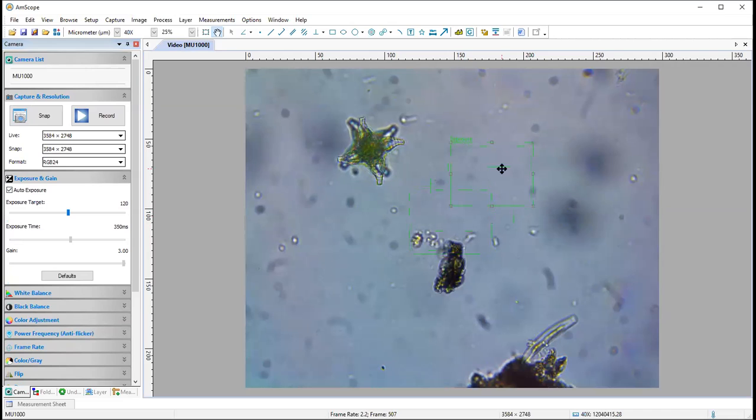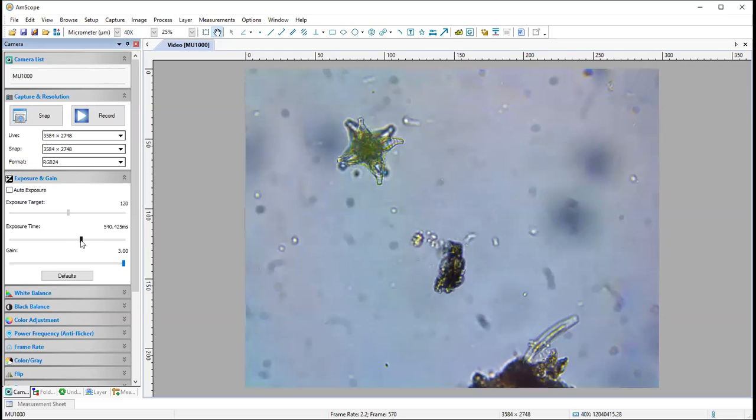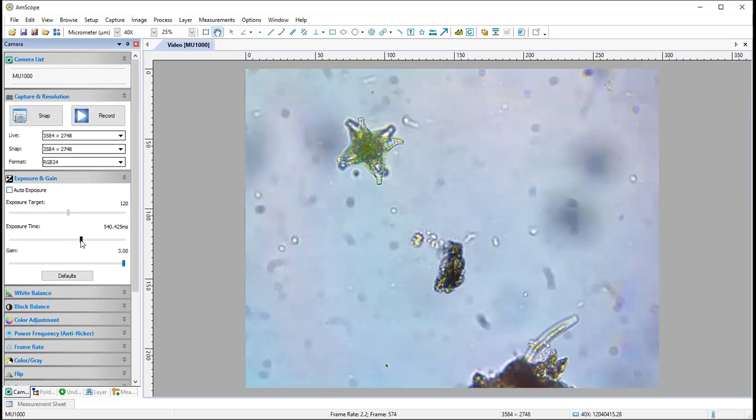But then also, you can adjust the exposure. So it is set on auto exposure, which is probably fine unless, you know, most of the picture is really dark and you want to take a picture of something that's different than the rest of the picture, in which case the exposure might not be auto exposed to your liking, so you can change that. You can also unclick the auto exposure and adjust the actual exposure time manually. The longer the exposure time, the more light gets into the camera in that longer time, so it will be brighter. So that's one way to make the picture brighter,